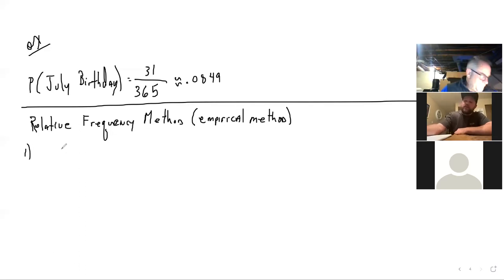Two steps. One, you either by experiment repeat or just observe a process many times